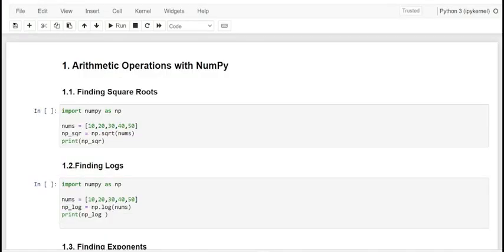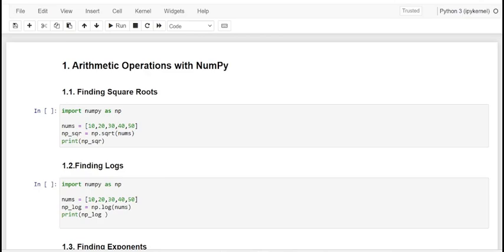Dear friends, NumPy is a Python library that provides support for numerical operations on large or multi-dimensional arrays and matrices. It also includes a wide range of mathematical functions that can be applied to these arrays, including arithmetic operations.